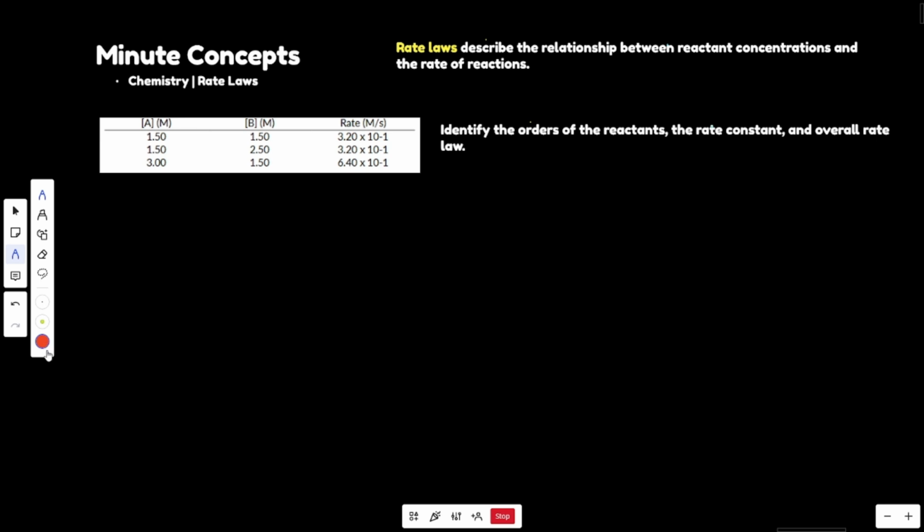So as I mentioned in the last video, there are actually two ways to describe the rate of reaction. One is through the rate expression, which involves the change in a reactant over a change in time. Now this time, we're going to be talking about a mathematical way to determine the relationship between what the concentration of a certain reactant is and how it changes the rate of the reaction. As I mentioned in the last video, concentration is a factor that changes the rate of a reaction,